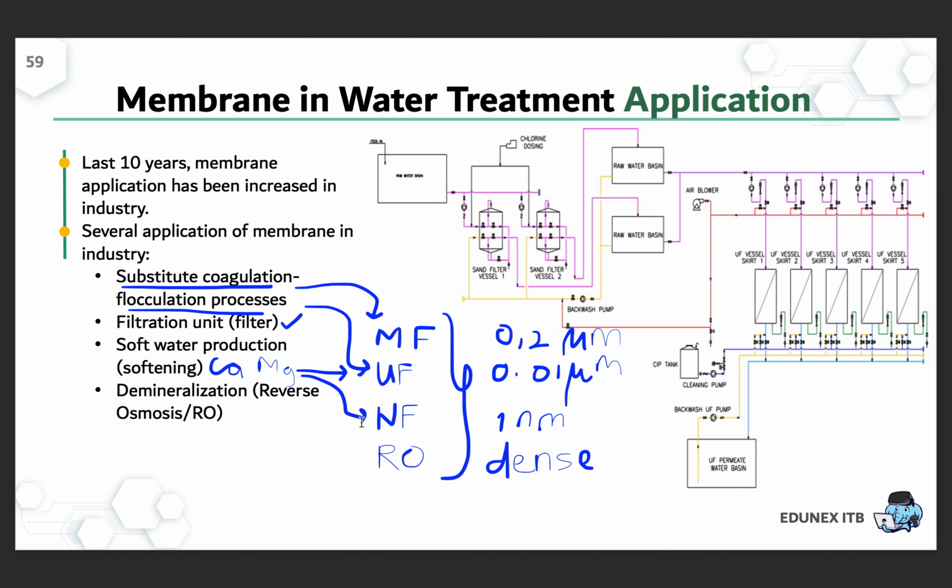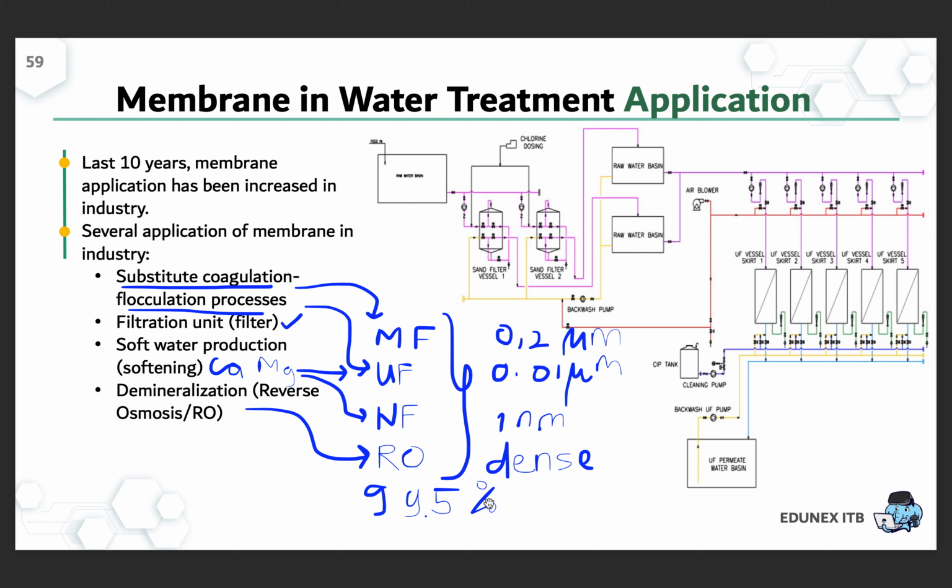And the last one is for demineralization. Demineralization means that you want to remove almost all of the ions, and here you can use reverse osmosis. The size of the ions is different. Sodium has a smaller ion size than calcium and magnesium, and reverse osmosis can reject around 99.5% of sodium. So if you have a solution that contains sodium, the sodium can be rejected up to